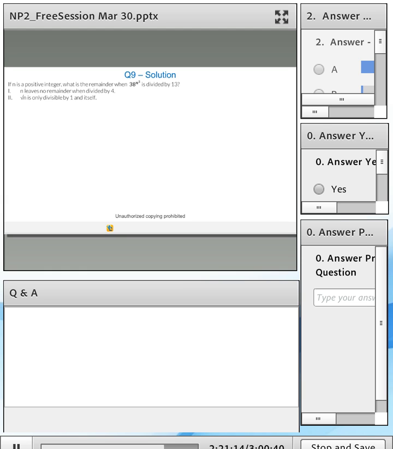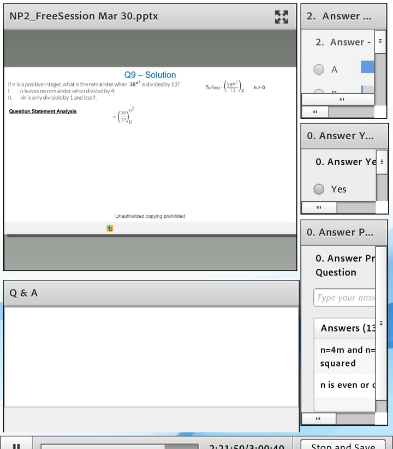And I think that is where the problem is. Some of you who are saying is n even or odd, you guys are absolutely right. But those of you who are processing 38 as 39 minus 1, or 26 plus 12, you did not process it in the right manner. But that's okay. As I said, this is really a question in which there is this process skill with regards to data sufficiency, in that you take up the question statement and you analyze it till the time you cannot simplify it further. Okay, and then only you move on to your individual statements.